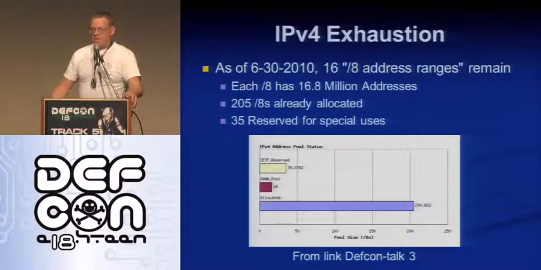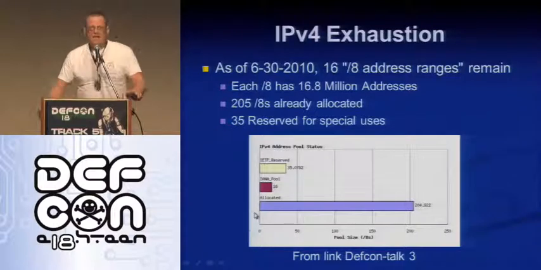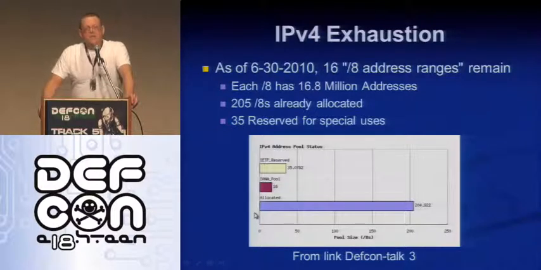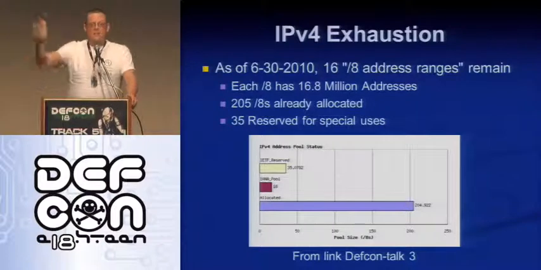Here's the current situation. There are 256 Class A's, blocks of 16 million, which is how they are commonly allocated. And we are now down to maybe 16 left. And they've already allocated something like 6 or 8 of them this year. They're going to completely run out of them in 2011 at the current rate. It is an estimate because they are not allocated on a regular timetable, but they're going to run out in